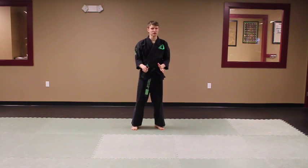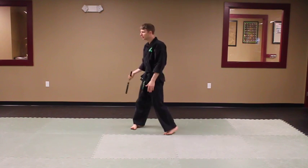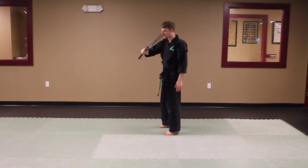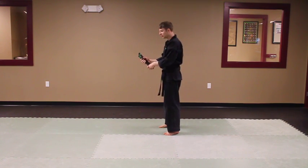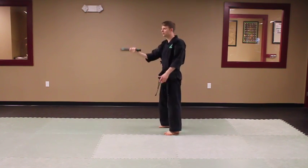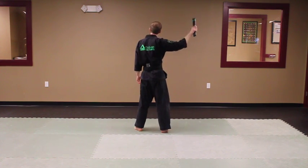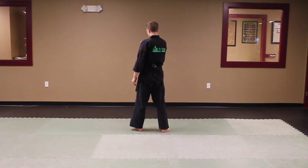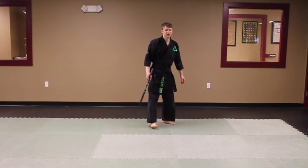Now, to first learn the inverted figure 8, you have to know the reverse figure 8. It's the same as a regular figure 8 going this way, except we're going backwards. We're going the opposite direction with our figure 8, okay? So what I'm doing is basically I'm doing like upwards, upwards, upwards. Okay, if you're practicing at home, be like this, upwards, upwards. And then I release the nunchucks and I'm doing the same motion. 1, 2, making a big X. And then I'm doing that very small with just my wrist. So that's the